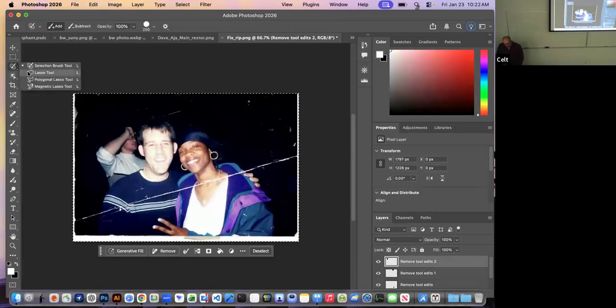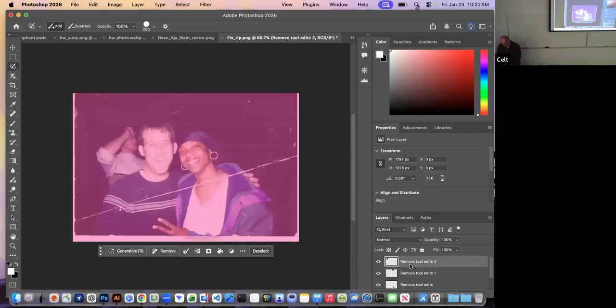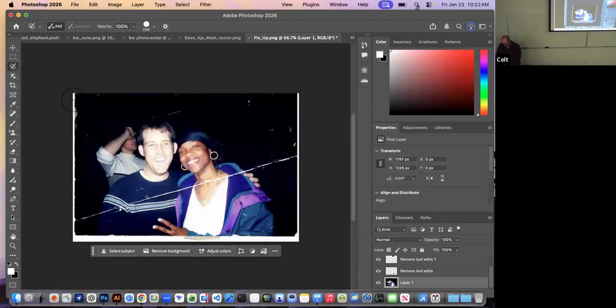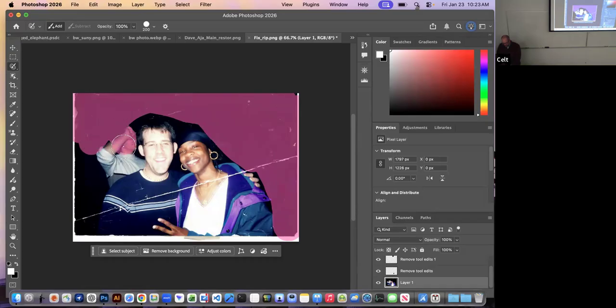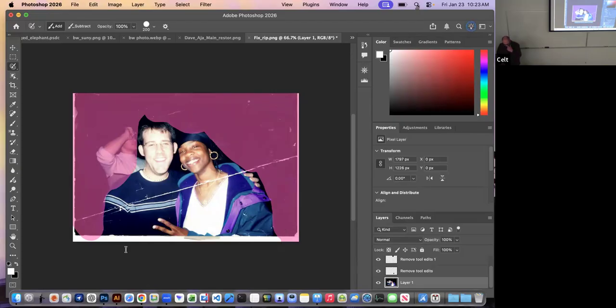But I just wanted to explain the difference between the generate and fill. So if I wanted to try and do this, let's go back to my layer here, deselect. I can kind of paint, or if you will, I'm just holding down the mouse button and kind of selecting all of this background. And this is not the best picture for this, because I probably would have cropped out the guy in the back dancing. But boom. And now if I were to put generative fill and let's say,